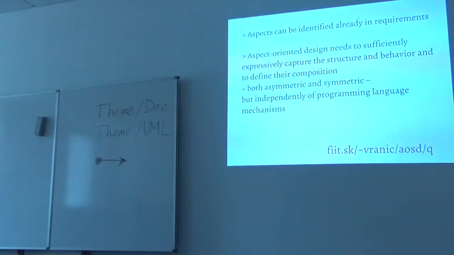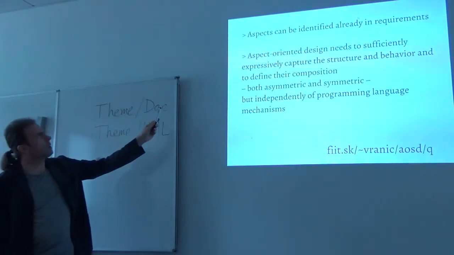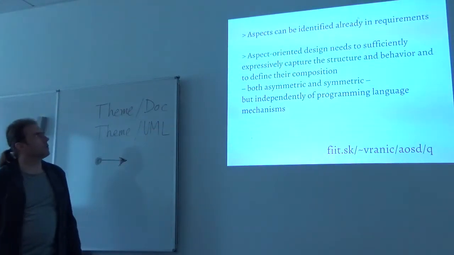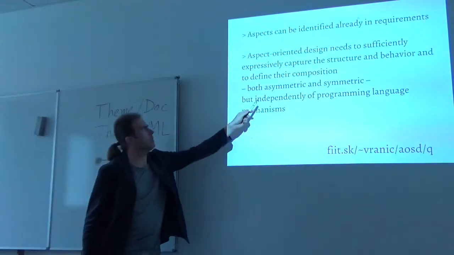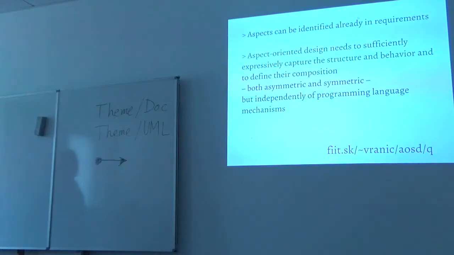So let's leave this like this, and let's conclude this lecture with these few words. Aspects can be identified already in requirements. Aspect-oriented design needs to sufficiently expressively capture the structure and behavior and to define their composition, both asymmetric and symmetric, but independently of programming language mechanisms. This is what we saw in this Theme/Doc and Theme/UML notation, and this